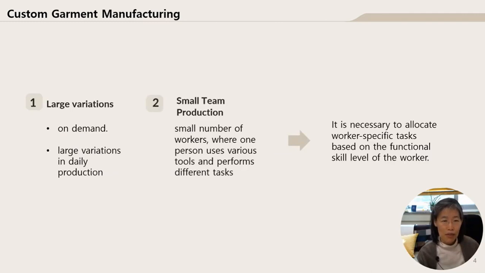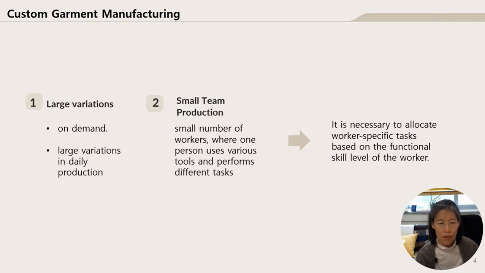Because custom-made garments are manufactured on demand, unlike mass-produced products, there are large variations in daily production. This is because individual garments vary in terms of fabric and design, which means the system must be sufficiently flexible to respond to such changes. In order to improve productivity and the quality of custom-made garments, it is necessary to organize processes efficiently by arranging production factories based on specific orders, and then configuring the bundle units, task order, and so on accordingly.